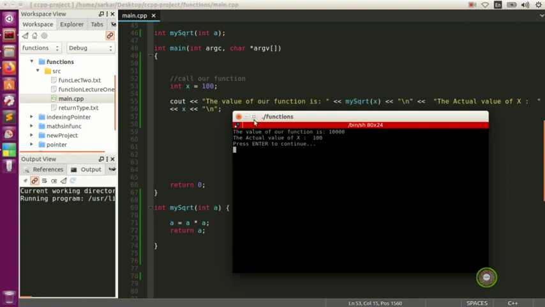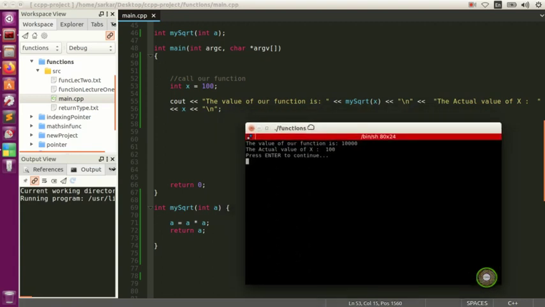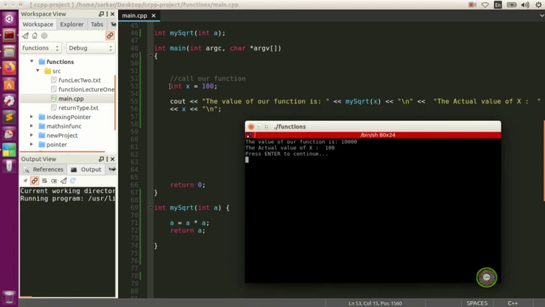still 100. So this is a very cool subject inside C++, a very cool concept. It's very amazing. If you look in here, x still has its value, the actual value is still 100, but we pass the value of this 100 to this function, and this function copies this 100 and is going to return the result. So that's what you see. This is called pass by value, and in the next video we're going to see pass by reference, and